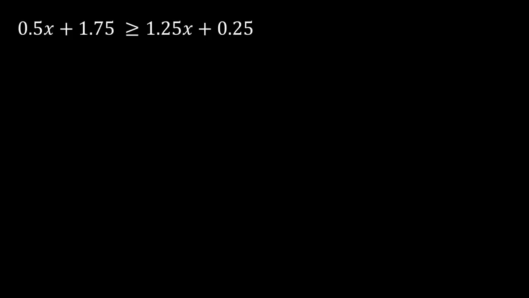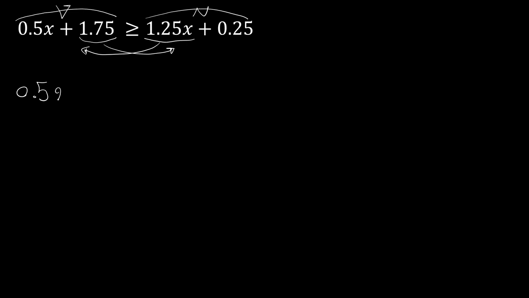In the next example, we have decimals. I'm going to solve this by the transposition method. Personally, I prefer the transposition method. So this side for variables, this side for numbers. You're extra here, your variable, I don't want a variable here. Go to the other side. We are going to have 0.5x. This comes to the first side, and the sign of that is going to change. Minus 1.25x